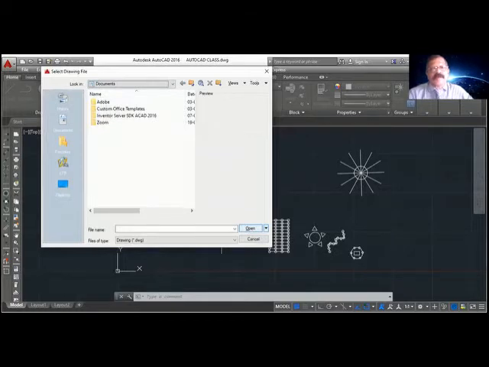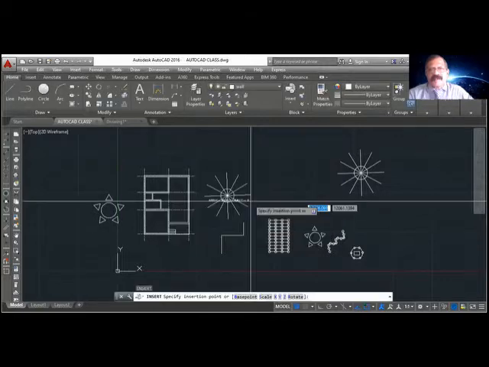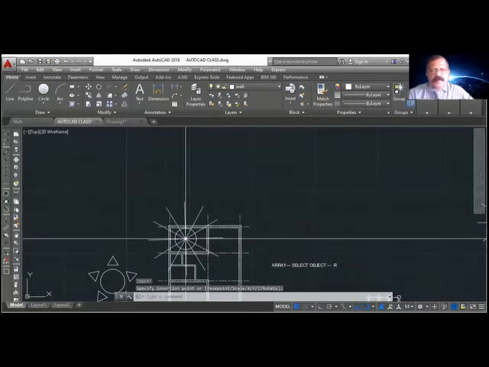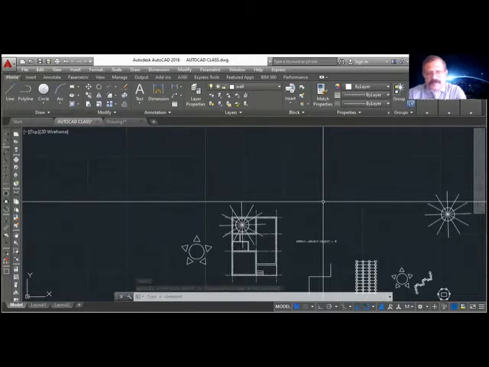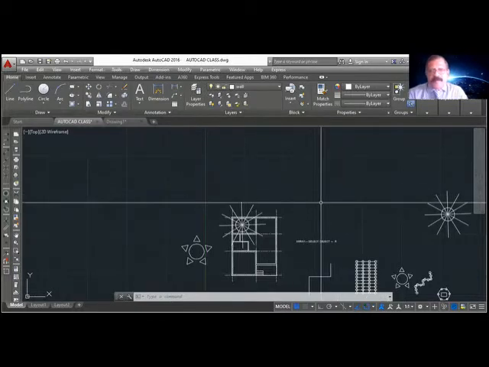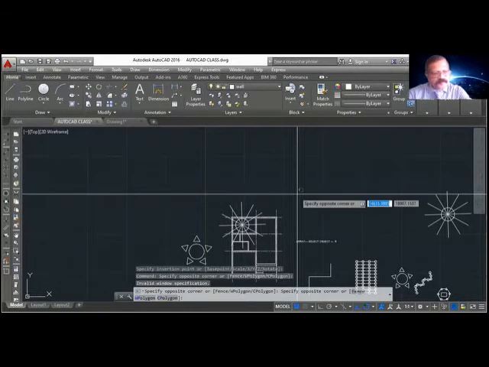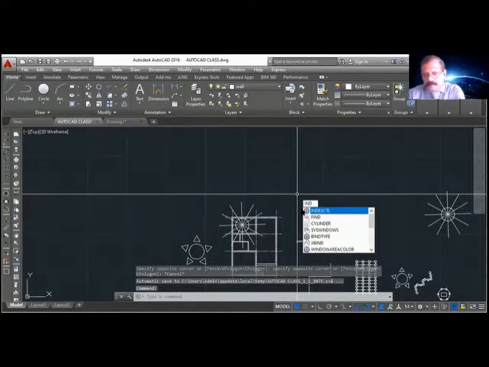Okay, so now I want to bring my tree. Now, when you want to bring the tree, you see the specify insertion point is on. That means it's asking where you want to keep your tree. Suppose I want to keep it somewhere here, enter. See, it inserted there. Okay, I will undo. This is inserted with the same scale. Suppose you want to insert in a different scale. So I will use insert again. INS, insert.